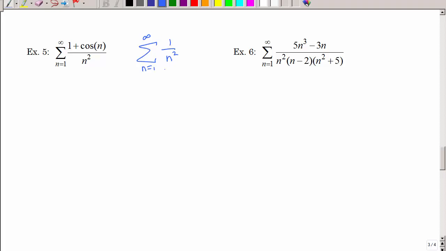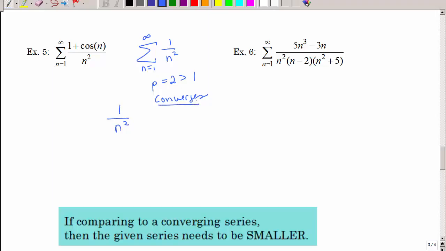So I'm going to compare it to that, because I know p is 2, which is greater than 1, so I know this converges. Do I really want to do the limit comparison test? I'm going to try the direct comparison test. So I'm going to take what I've picked, and since it converges, then I need to show that